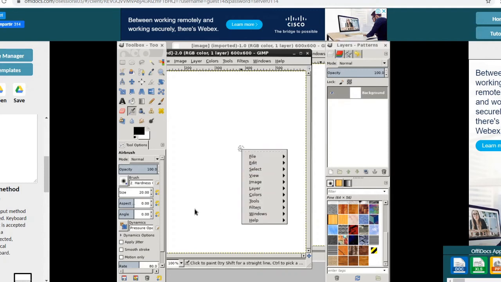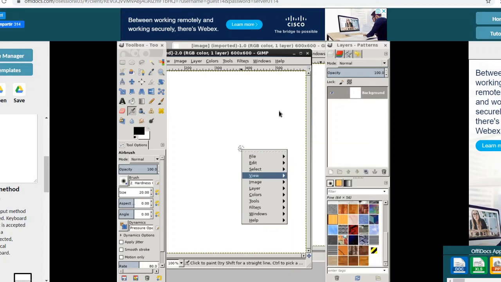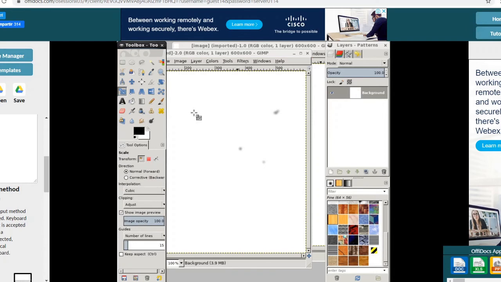Now next I want to tell you how you can save any image which you will draw here. First, I am going to use the text tool.